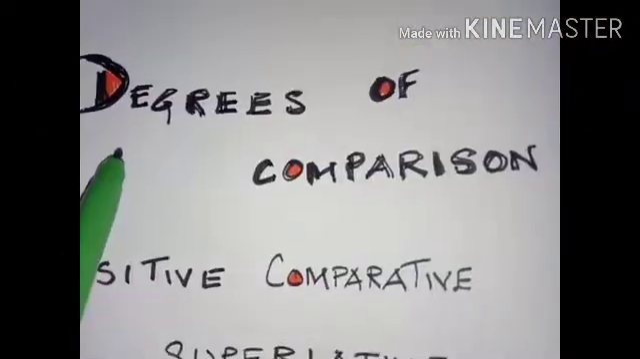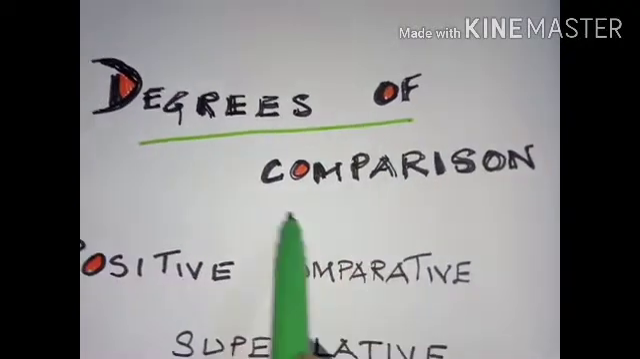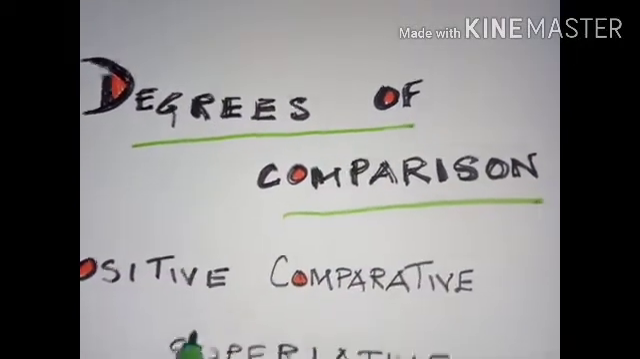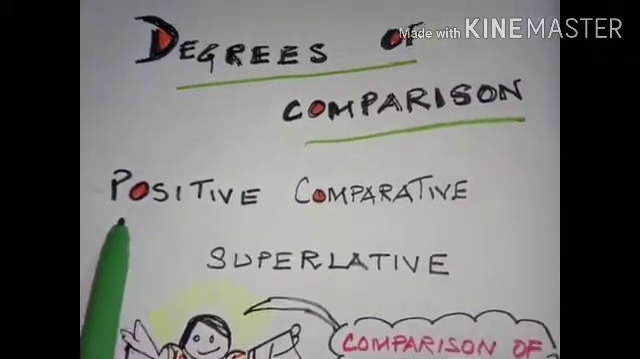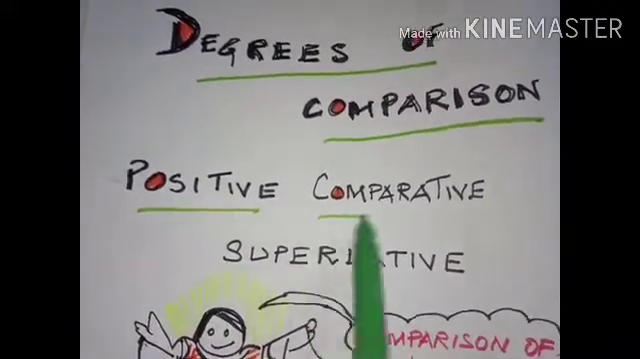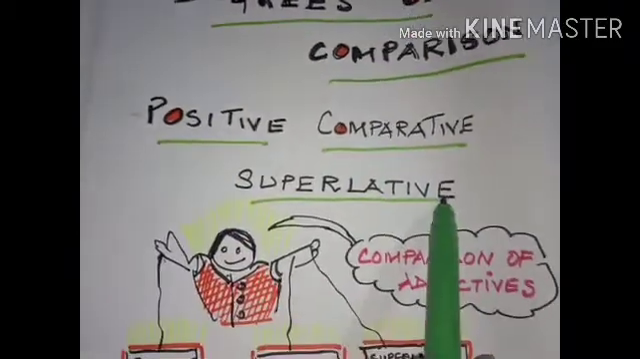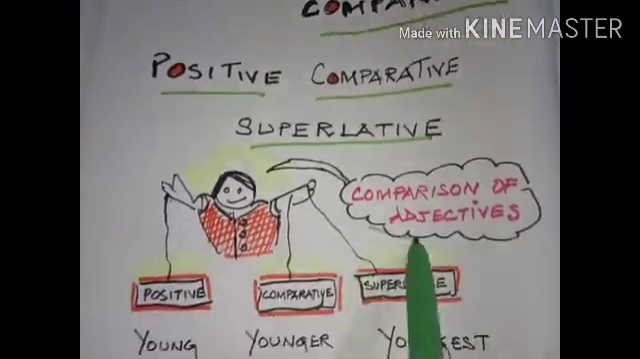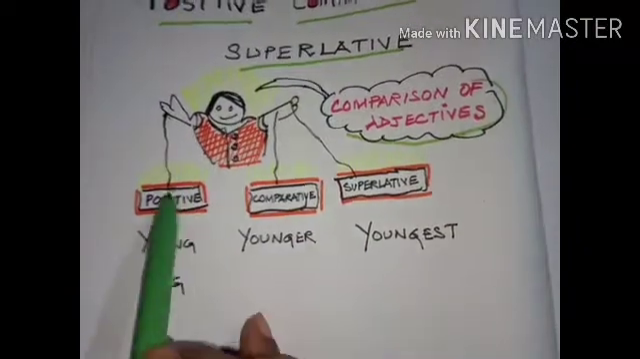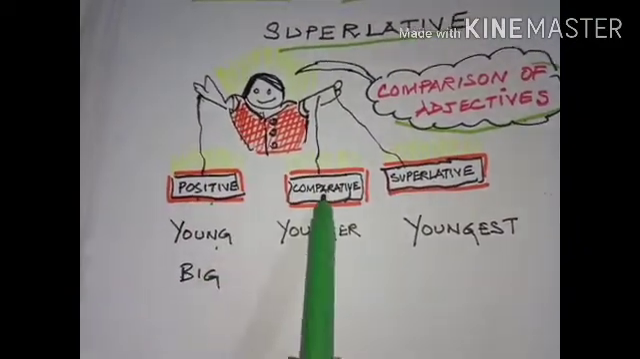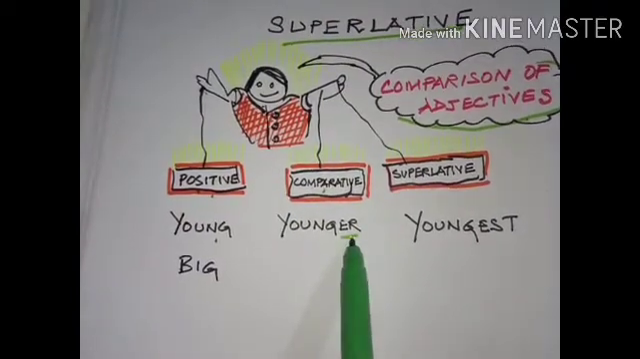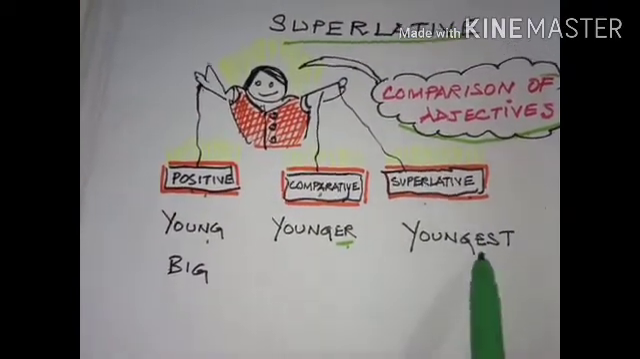The topic for today is degrees of comparison. Now, what is degrees of comparison? We have three degrees of comparison: positive degree, comparative degree, and superlative degree. And today we are going to focus on comparison of adjectives. Now, look here: positive, young; comparative, we add er, it will become younger, and superlative, we add est, it will